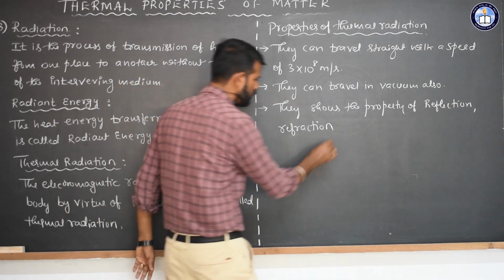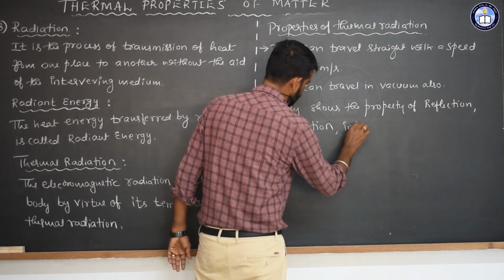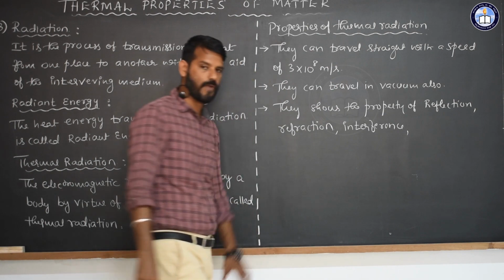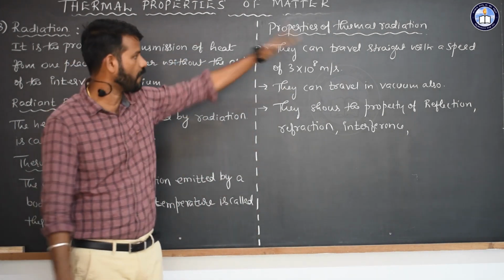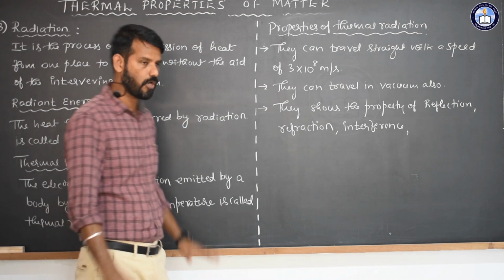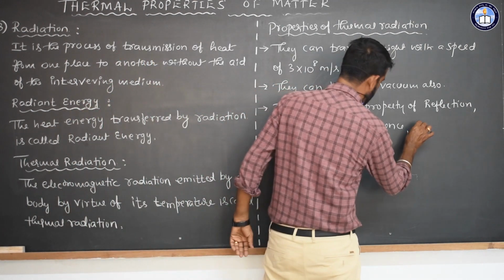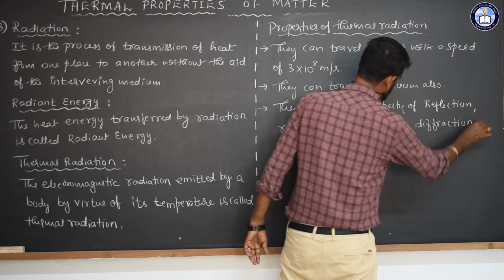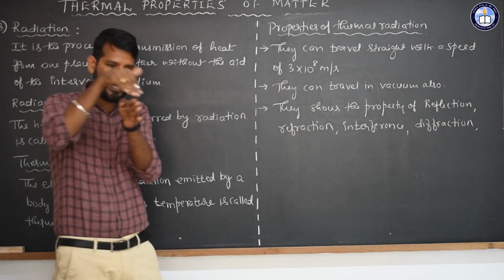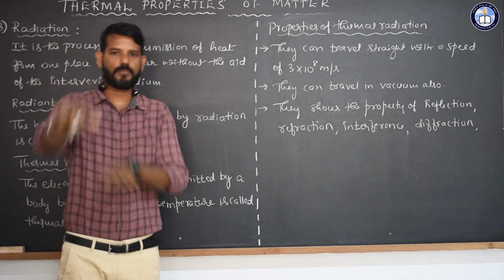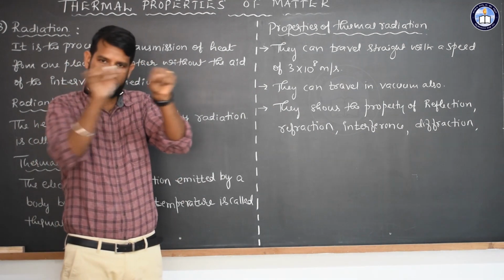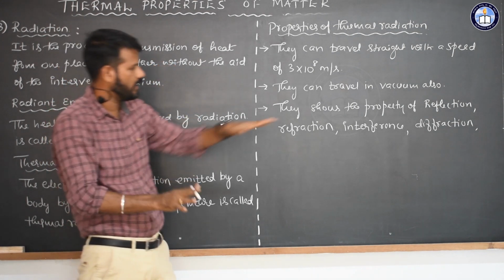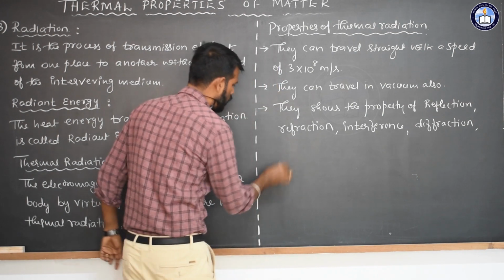Interference, in the sense where there is a modification of the intensity of light radiation, that is because of superposition. Diffraction stands for the bending of these radiations at the edges of an obstacle. When light propagating in a single medium falls on the edges of any obstacle, it bends. That is called diffraction. Polarization.